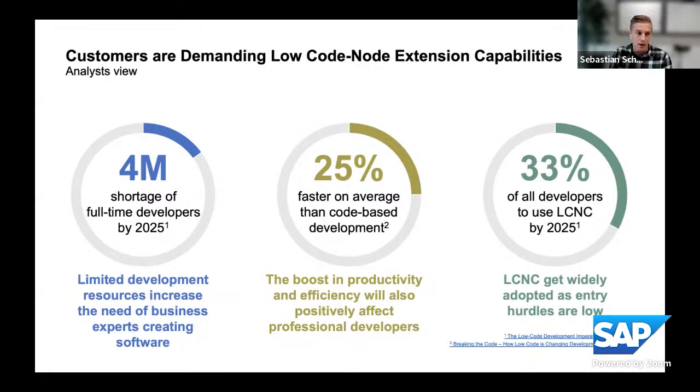And now the main part of low-code, no-code is that we are enabling business experts, those people who are running the business process day by day, people who are working in finance, procurement, and HR. We enable those people to be part of the enterprise IT cycle of creating automations, applications, and business sites. And not only do we enable a new persona to build software, we are also making professional developers more efficient. We expect around 25% efficiency gains for professional developers by using low-code, no-code tools.